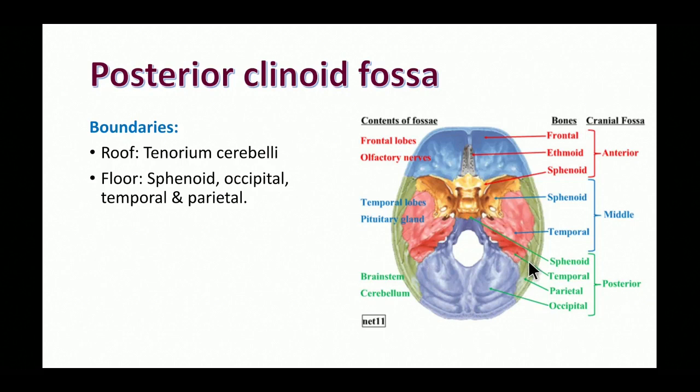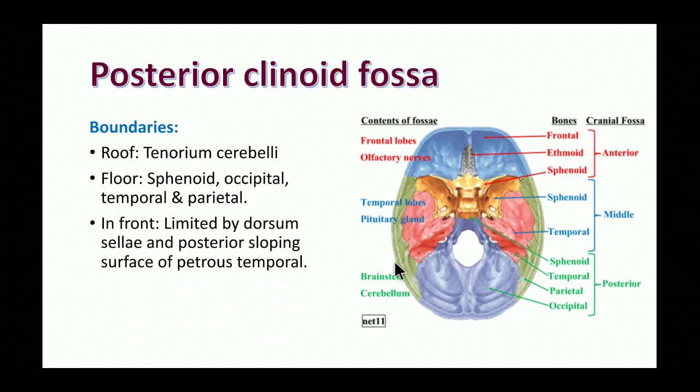Then you see a part of the temporal bone. Mainly the petrous part and the mastoid part contribute to some extent anterolaterally and laterally. That is the petrous part, the posterior sloping surface. This is the anterior sloping surface. On the anterior sloping surface we have seen the trigeminal impression, arcuate eminence and tegmen tympani. So these are the bones mainly forming the